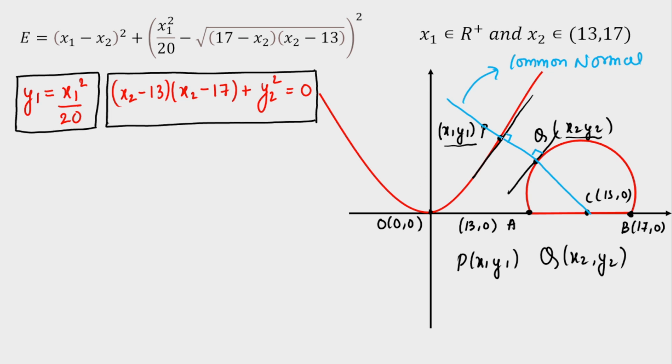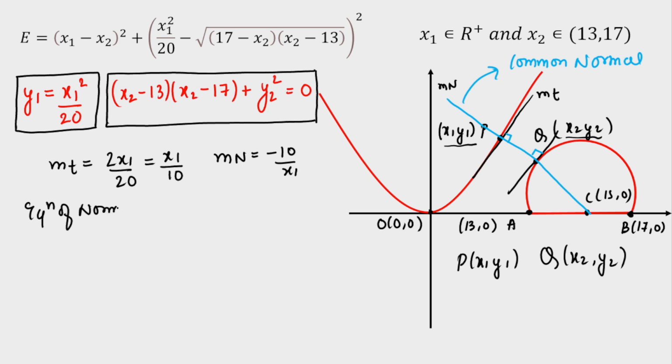For the equation of normal, I need the slope of normal. So let's say the slope of normal is m_n and the slope of tangent on the parabola is m_t. So let's calculate m_t first. That means I'm going to differentiate the parabola, that is 2x1 by 20, and if I calculate this, this will be x1 by 10 here. So from here, the slope of normal will be the negative reciprocal of this, that is minus 10 upon x1. Now, using this and using the point x1, y1, I can calculate the equation of normal here. So the equation of normal is y minus y1 is equal to minus 10 upon x1 multiplied by